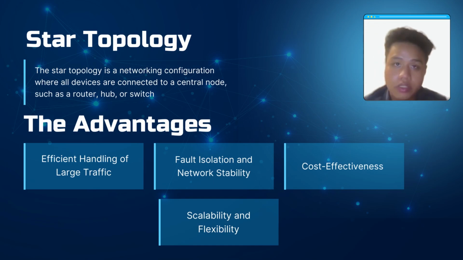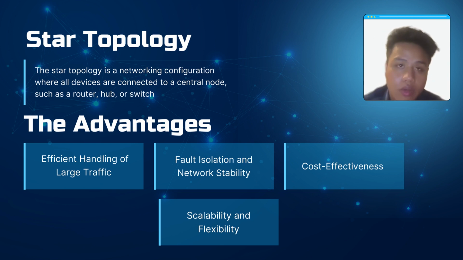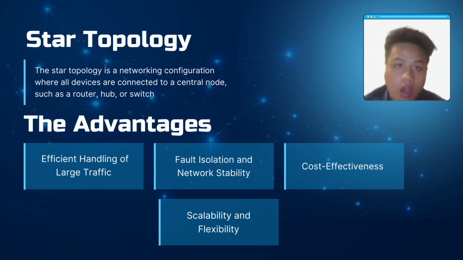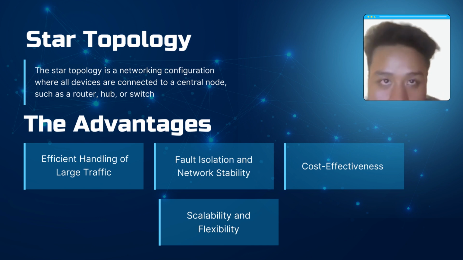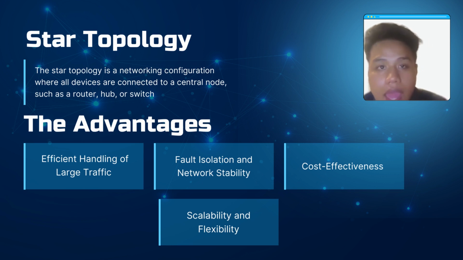Okay, for the topology for this project, it is essential to have an optimal design when developing and designing a network for the company. In this context, this project has selected the star network topology for the network design of the company. So, what is star topology? The star topology is a networking configuration where all devices are connected to a central node such as a router, hub, and switch. Let's dive into the advantages of this topology and understand how it benefits our company